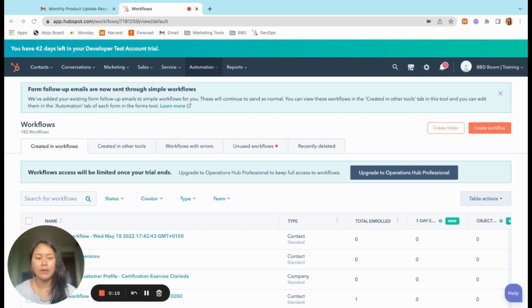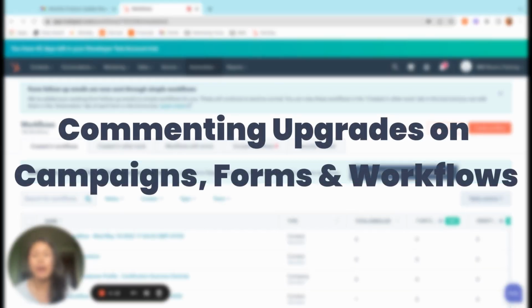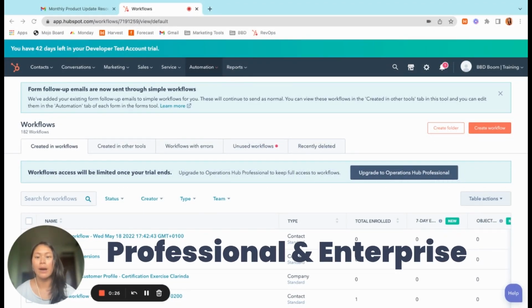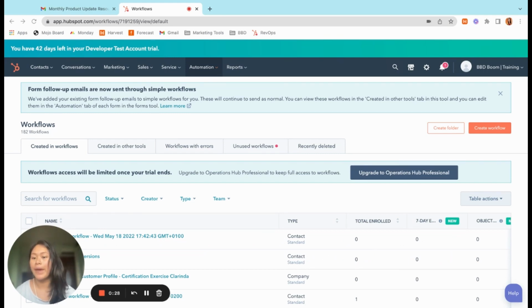So the first update I wanted to share with you were commenting and collaboration upgrades in assets within HubSpot. This is applicable for anyone who has professional or enterprise level hubs, and this applies to forms, campaigns, and workflows. This is really useful if you are collaborating within a team and you want to make sure that people are responding to changes that are required or suggestions that are required while you are working on a specific